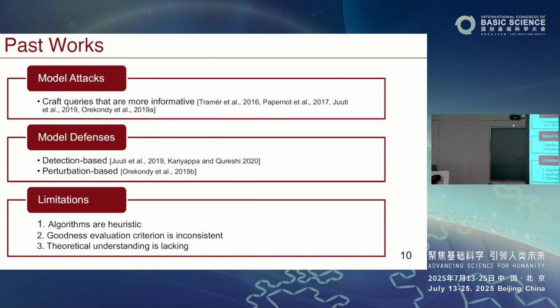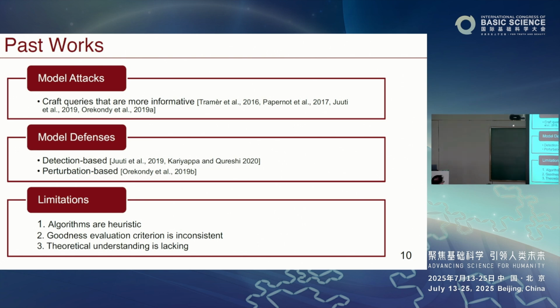Another is from the model defense perspective. There are two types. One defense is that you try to figure out whether you are a normal user or an adversary, by checking whether the query distribution is similar to that of regular users. Then they have some idea. So that's one way. Another, of course, is to add noise. We give perturbation, and that is the one we're going to focus on today.